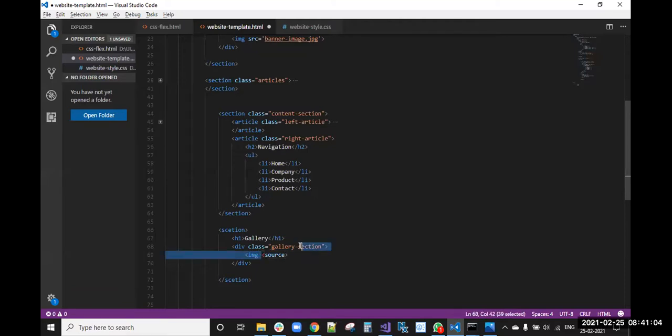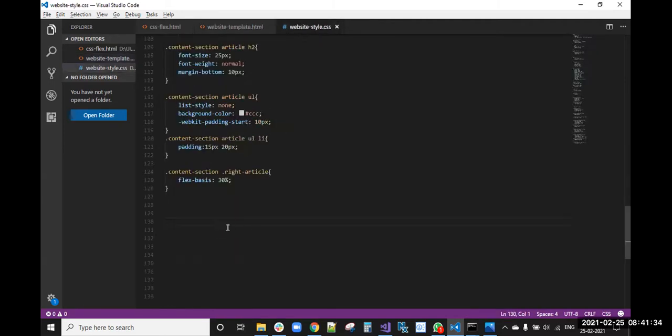Have taken 4 images. I will file this. We already know that we can give that.